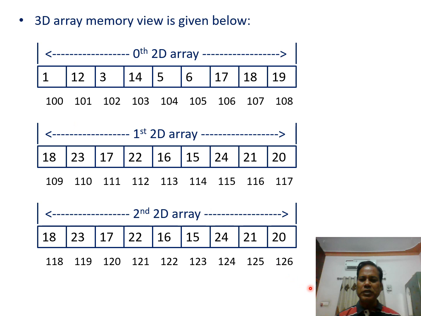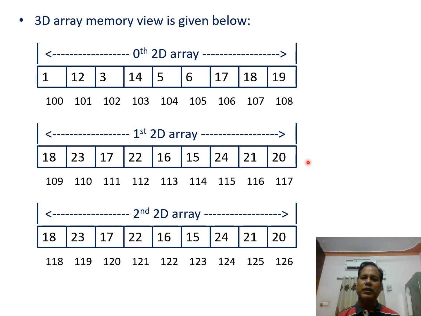So using this much memory, all the elements of the 3D array are stored. First, the elements of the 0th 2D array are stored, that is here. These data, how many are there? Nine data are there. So the first row, second row and third row data are stored in consecutive, contiguous memory locations, and following that, starting from the 109 memory location, the elements of the second 2D array are stored,